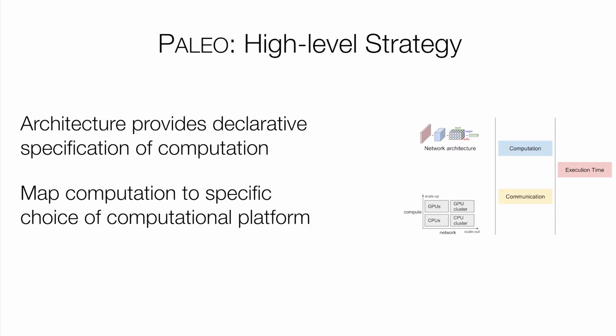So the picture is really easy. You tell me what architecture you have, say AlexNet. You tell me what hardware you're using. I know how fast a GPU can operate. I can map these two things to a certain amount of computation and communication. I can map both of these to an actual time estimate. Right? So that's the high-level idea.